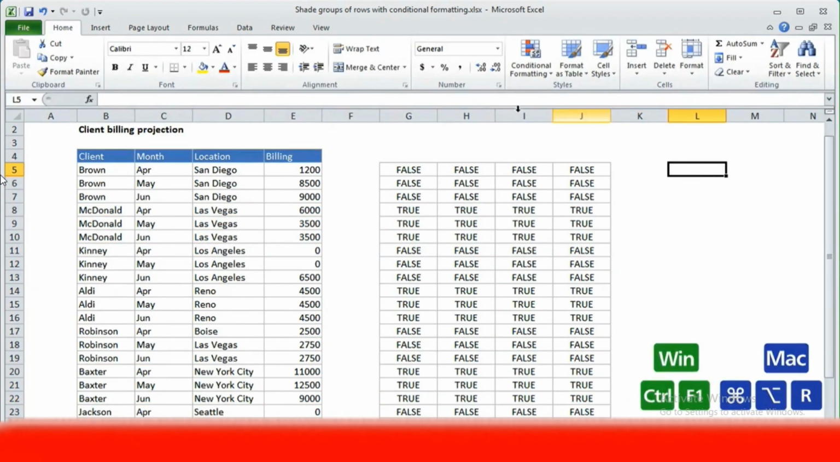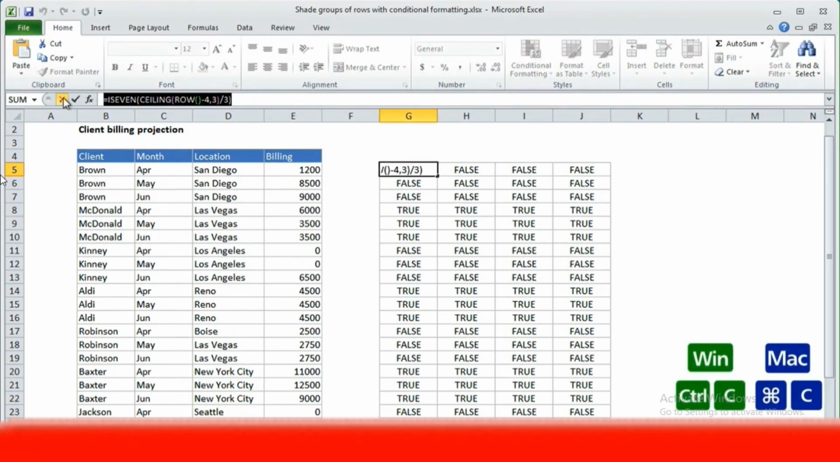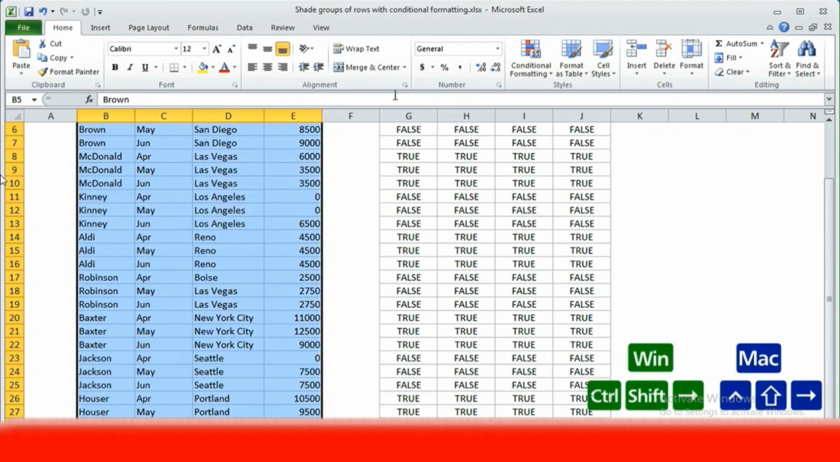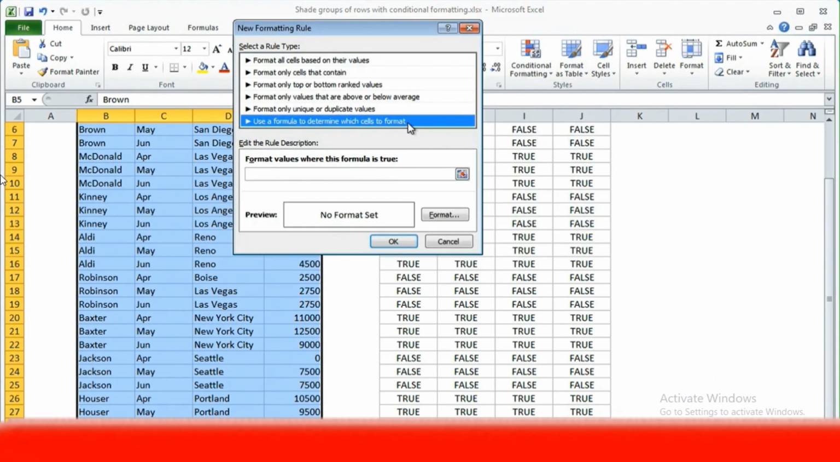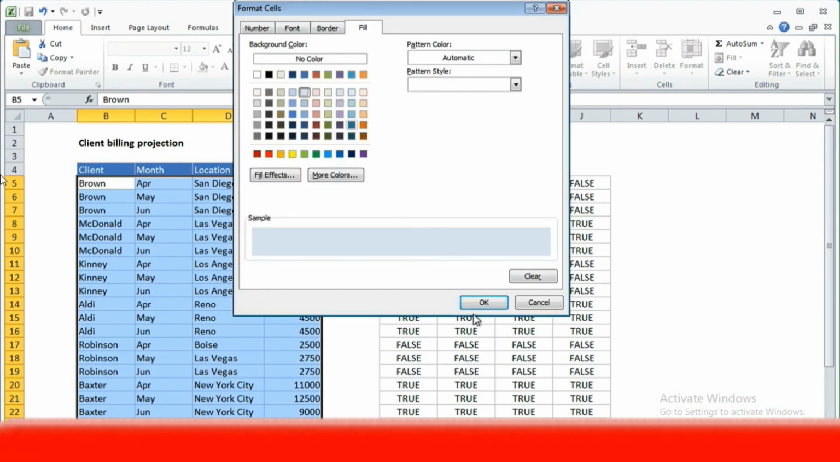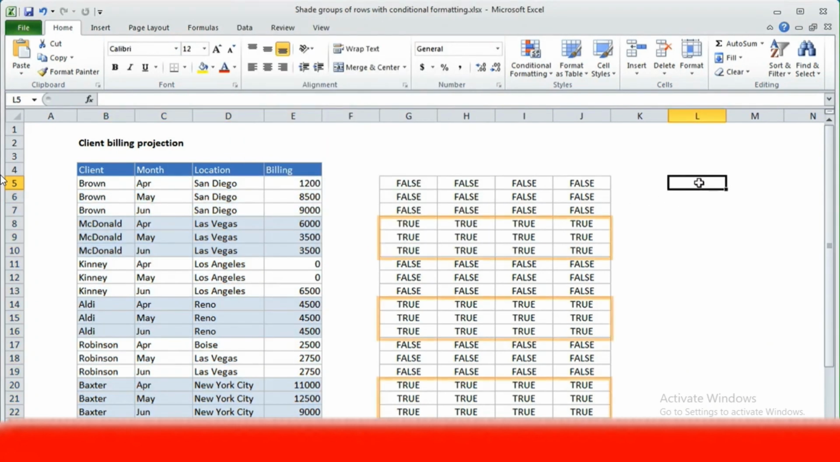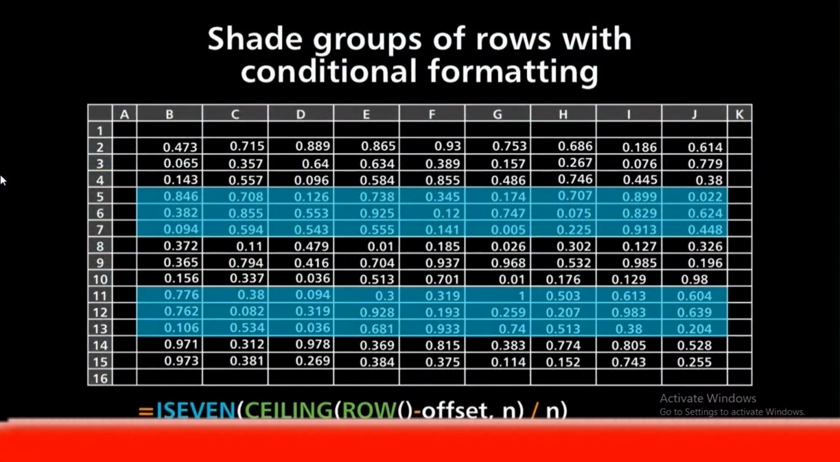To create this rule, start off by copying the formula in the upper left cell. Then create a new conditional formatting rule based on a formula. Paste that formula into the dialog and set the desired format. Now the rows are shaded to match the data, and the table is much easier to read. What's nice about this formula is it's generic and doesn't depend